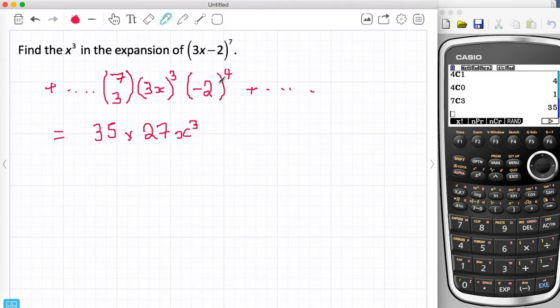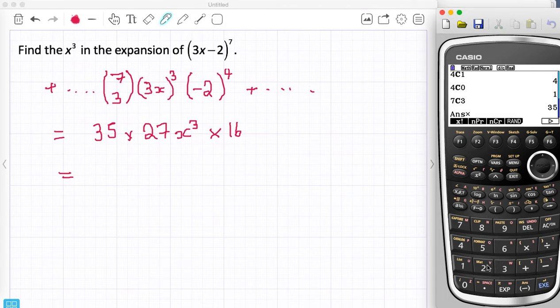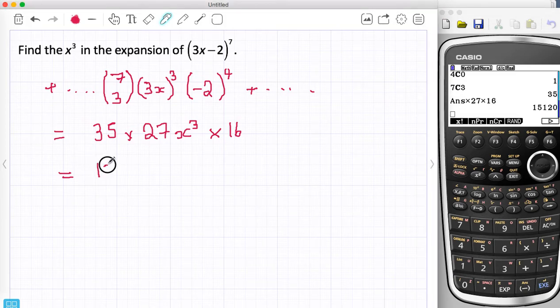And you've got minus 2 to the power of 4, so it's minus 2 times minus 2 times minus 2 times minus 2, which is actually going to give you 16. So we've got 35, 27 and 16. 35 is already there, so 27 times 16 gives me a big number, 432, so 35 times that gives 15,120 x cubed. So this is just to show you how you can get one term in the expansion without